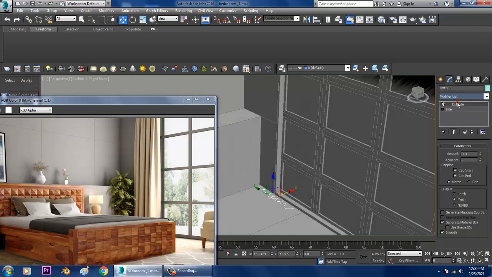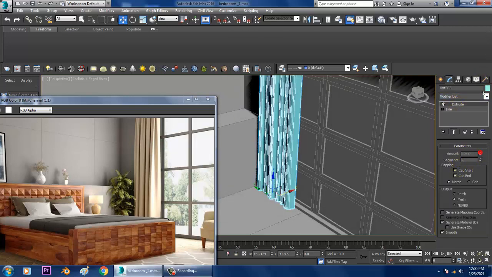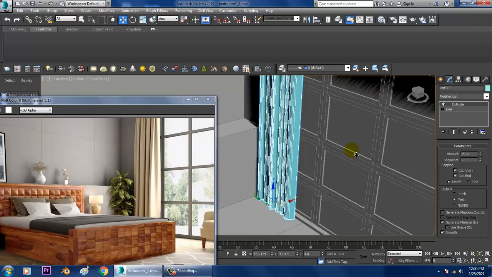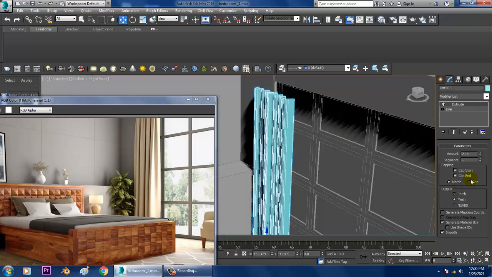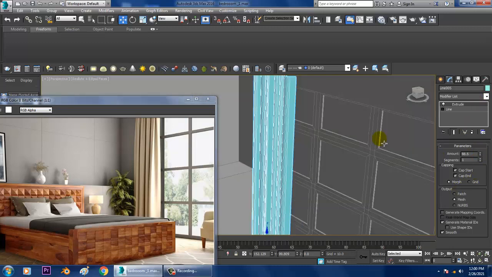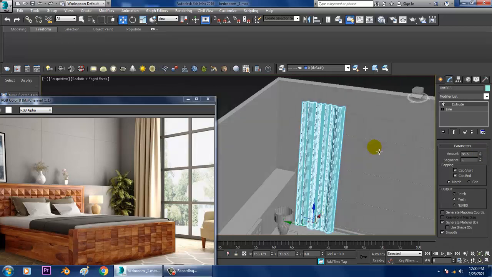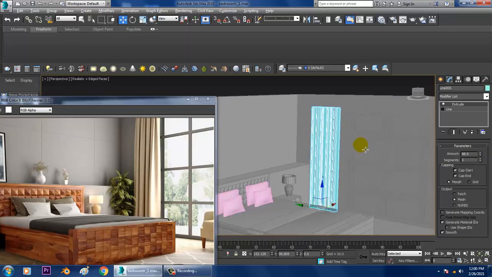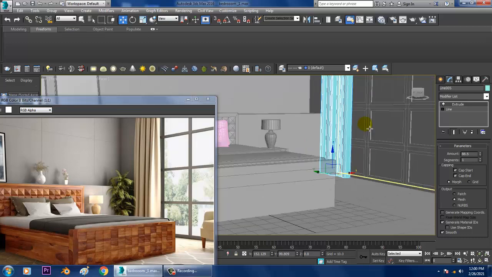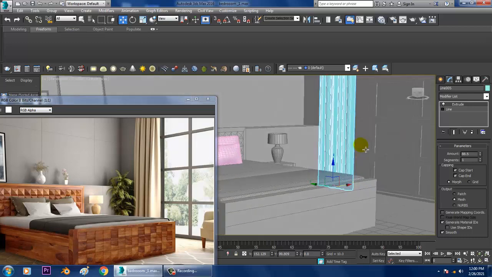So use the extrude modifier and increase its amount over here. Definitely it's not going to come fully in the camera view, but we'll keep it this way till here.